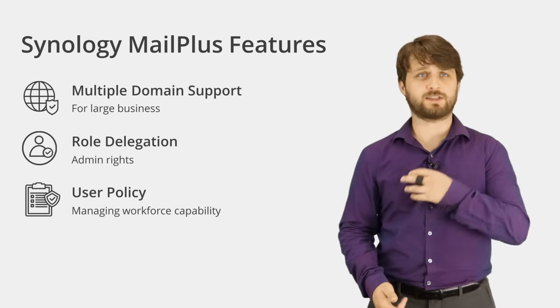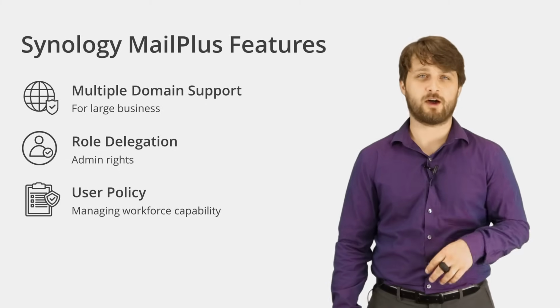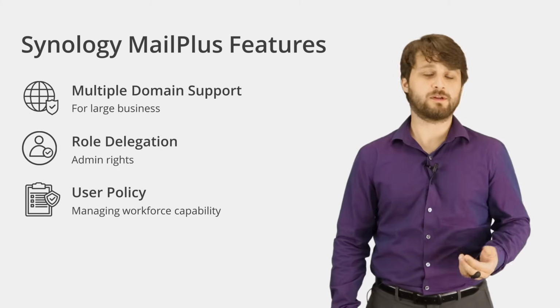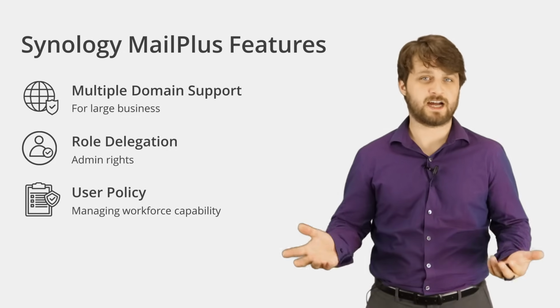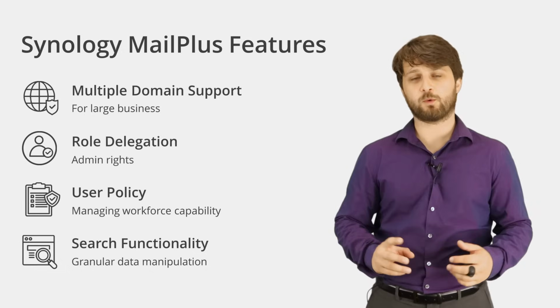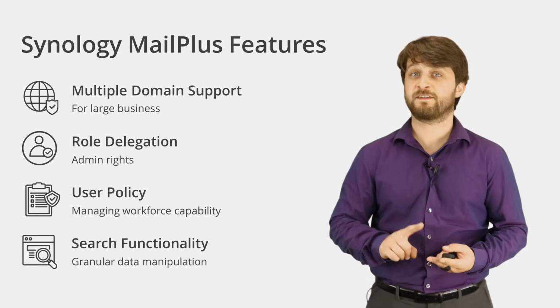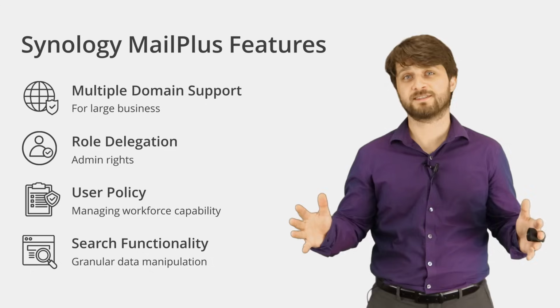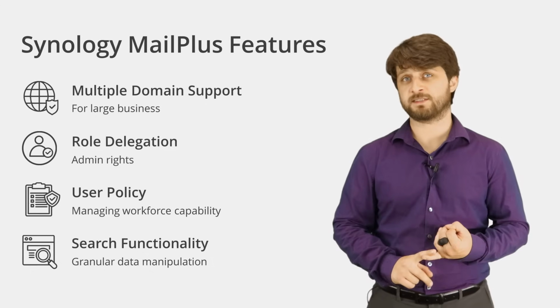On top of that, not just actually adding in role delegation for those admin level activities, you can get really granular with how the users can actually utilize the mail system. You can limit how many emails are actually sent out per day or limit attachment sizes, just to name a couple different examples. We also have support for granular search. On top of that, you can search for specific emails from specific people from even specific date ranges. And then you can report on, export those emails, and even delete them from your system if you have any privacy concerns.